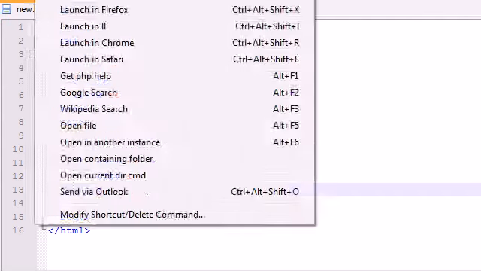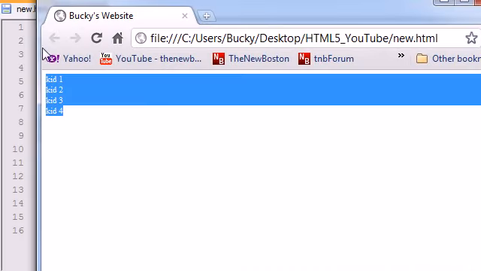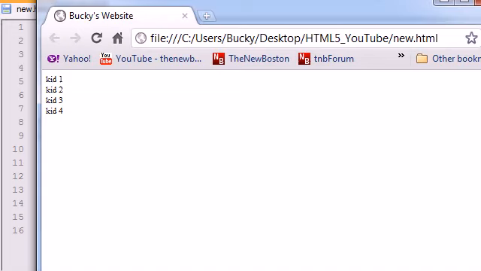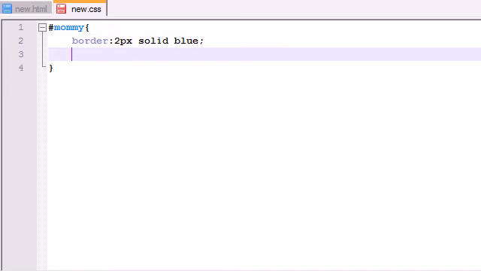So if we go ahead and save this and look at it in Chrome, we can see that we have four kids lined up one underneath each other. So we need to go ahead and change the styling immediately because that looks horrendously bad. The very first thing I want to do is in our mommy, I want to add some, I am just doing this to make it look pretty. This isn't really the tutorial at all, but I want to add a border of 2 pixels solid blue, and under this I'm going to display